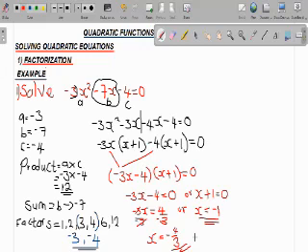So that's what we usually do in terms of factorization. That's how they factorize. So if you're not